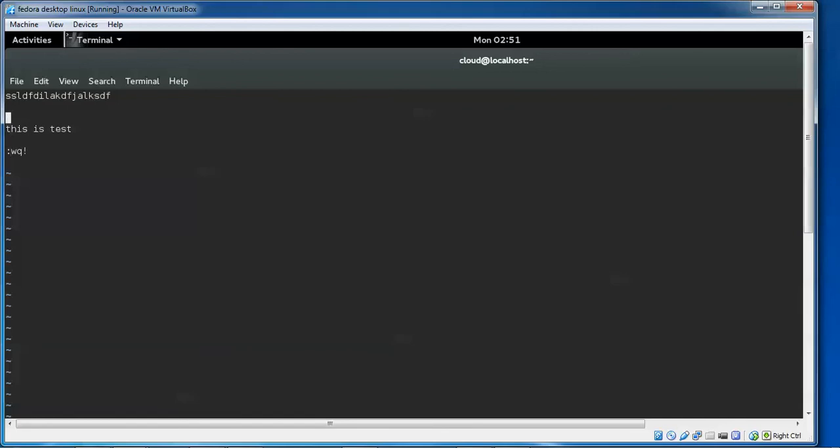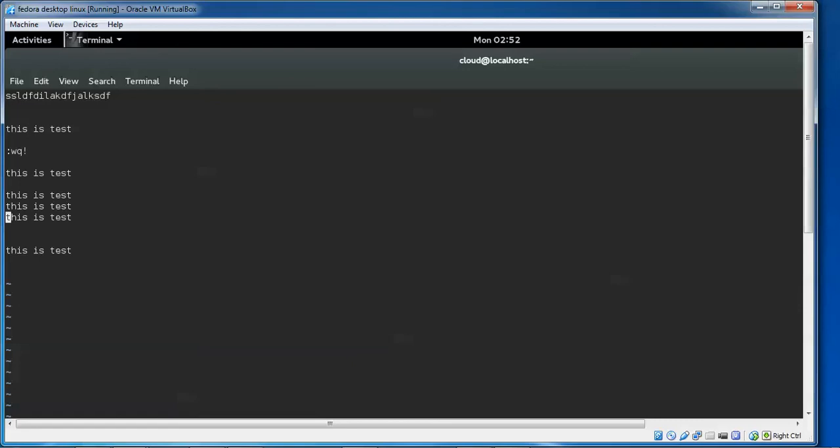I want to copy 2 lines, so by selecting here and typing 2yy, this has been copied, and now I'm typing p. You can see this has been put. If you want to put it 2 times, type 2p.